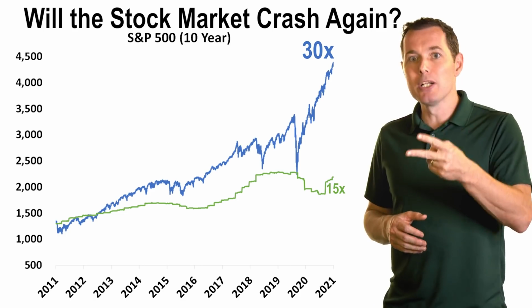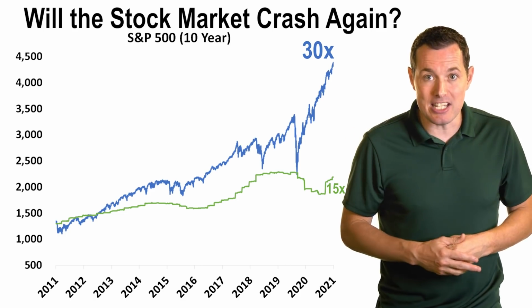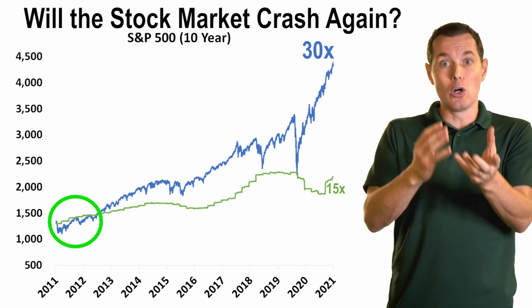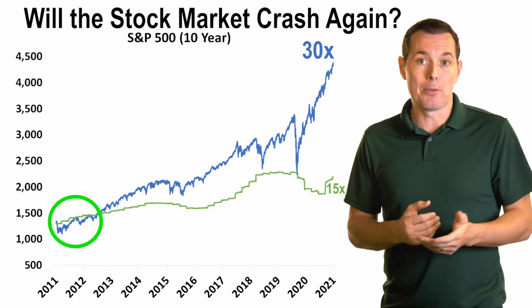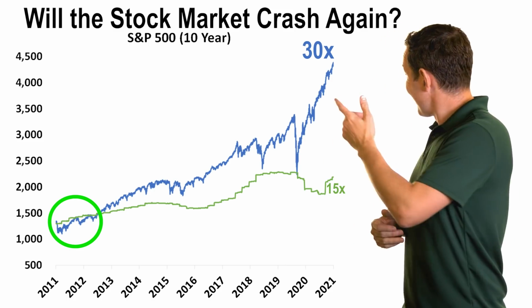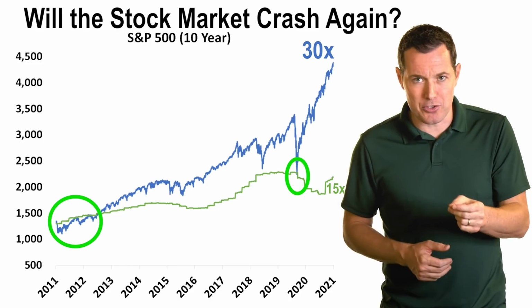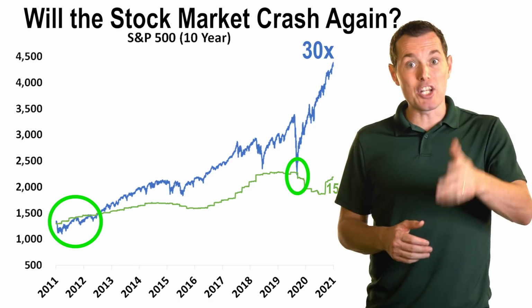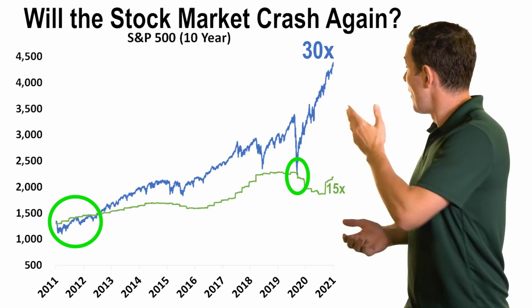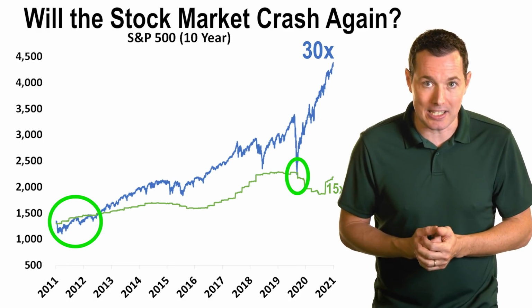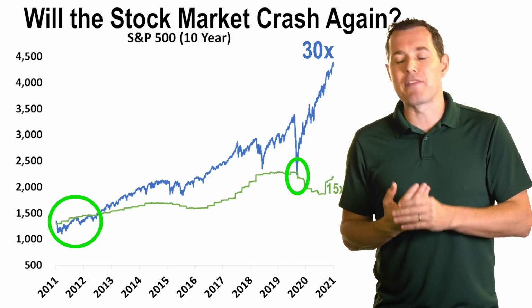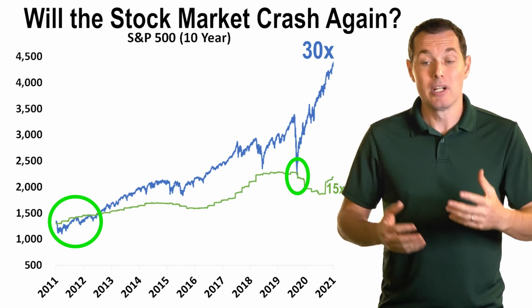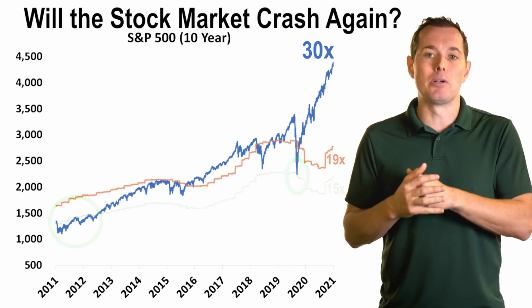There were only 2 real buying opportunities in the past 10 years. Early on, coming off the lows from the Great Recession, 2011, 2012 area, we could have bought back then. But there was another quick opportunity. We had a hot second in 2020 when the market really pulled back that got it to about 15x. And I think this evidence alone sort of proves the fact that 15x is simply too low of a number. In my mind, 19x makes the most sense.